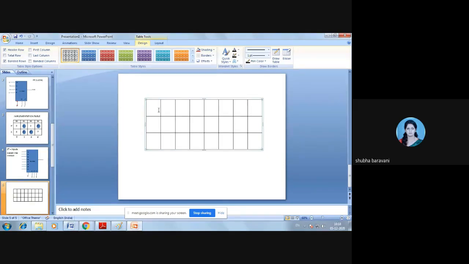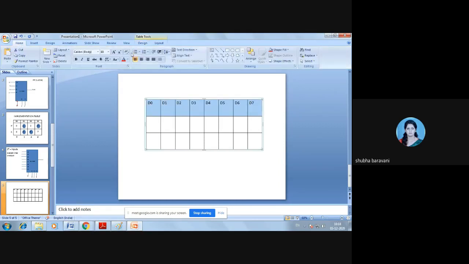The inputs are D0, D1, D2, D3, D4, D5, D6, D7. Okay, these are my inputs.